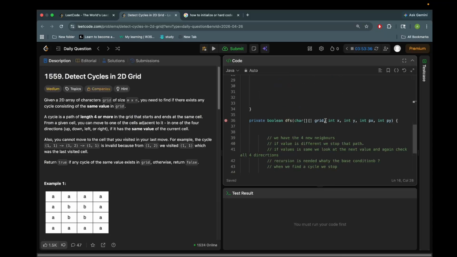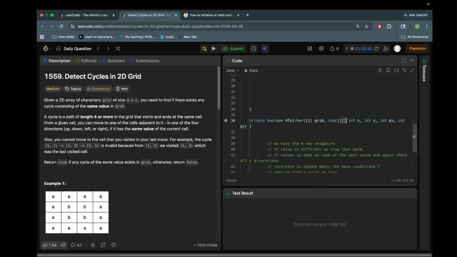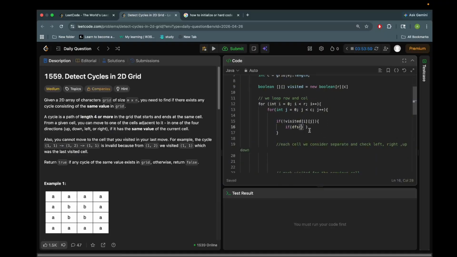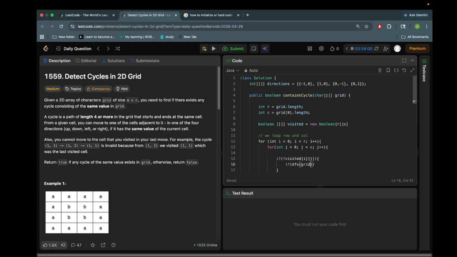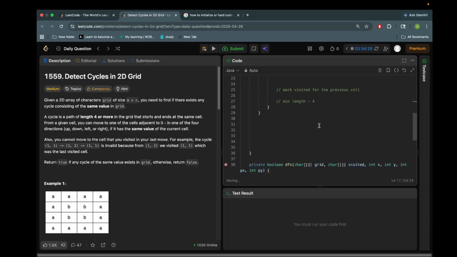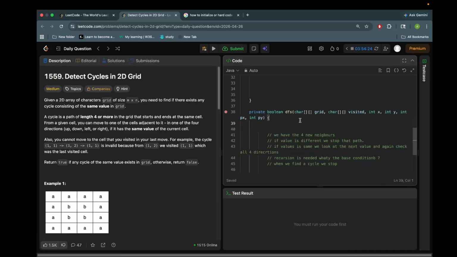We also need to give it the character array of visited. So if DFS, we need to give it initially the grid comma visited, then we give it the current i and j values, i comma j, and then we initialize the default parent as -1 and -1. Okay, then here what do we do? We have to